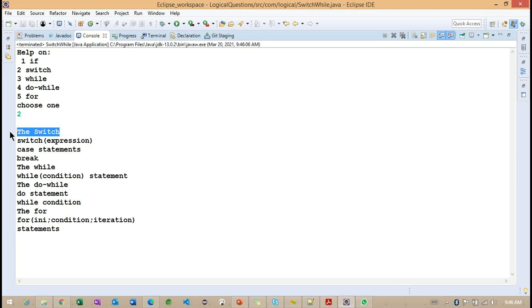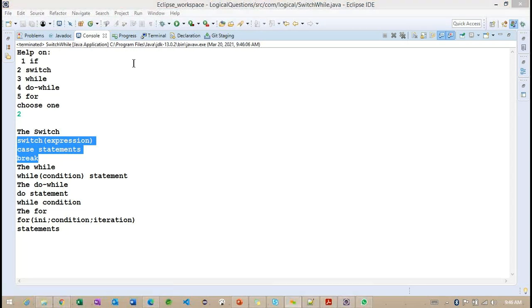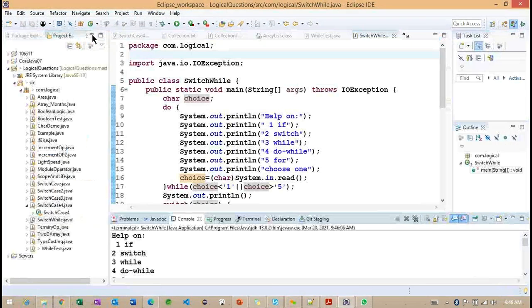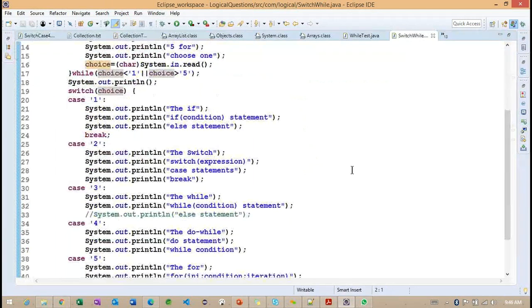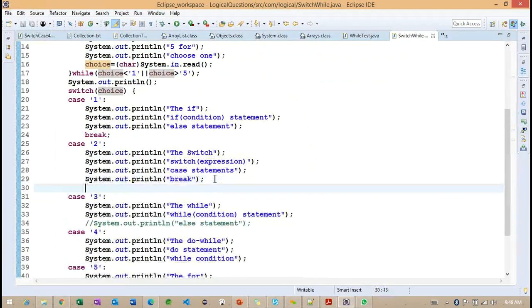It is a switch, but we forgot to add the break statements, I guess. Let me check inside this particular switch while example. If I observe, we forgot to add the break here.